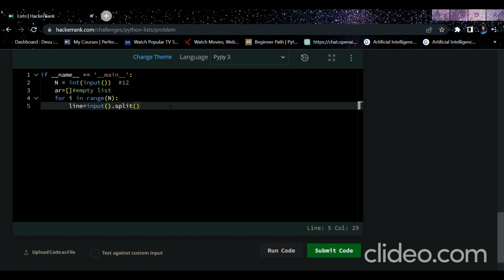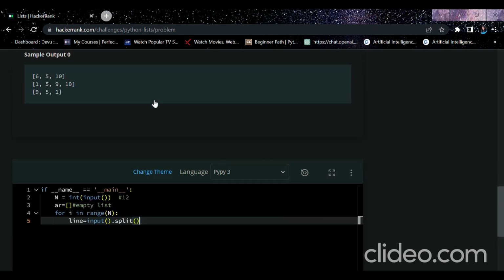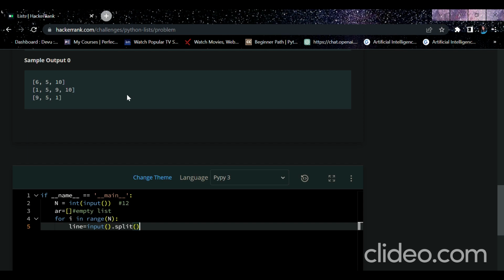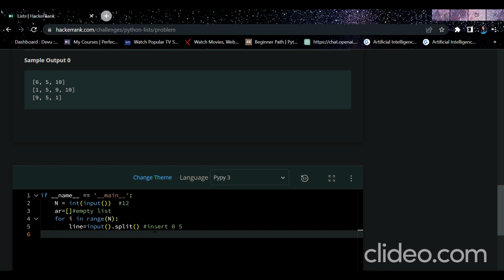So what is this line equal to input dot split means? We are actually inputting a statement. So let's see, insert 0 5 will be the first line. Okay, so that's what's happening here. Insert 0 5. Now next, after inputting the line, we have to check what command is given, whether it's to insert